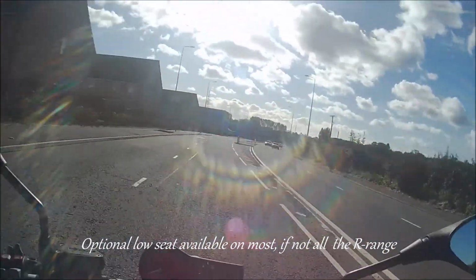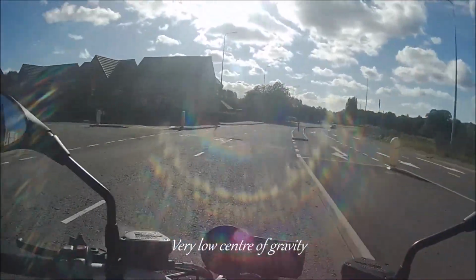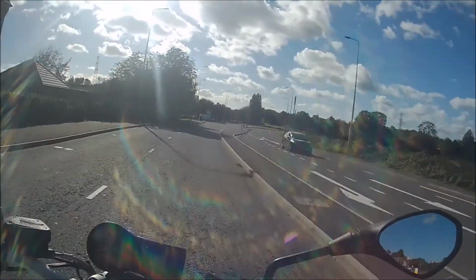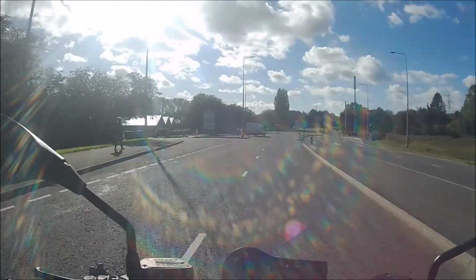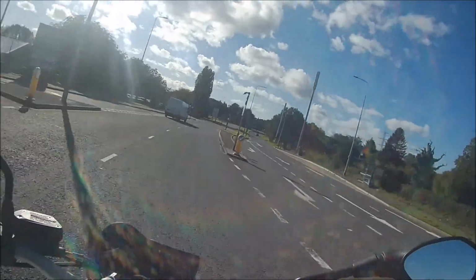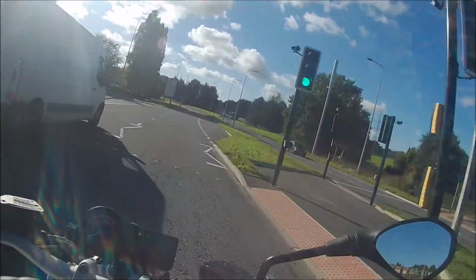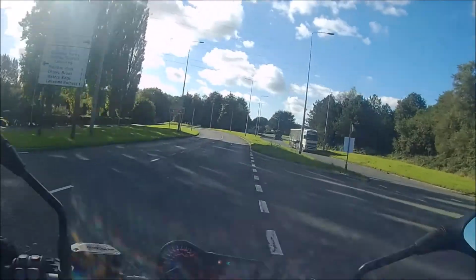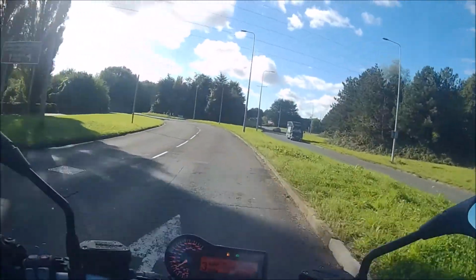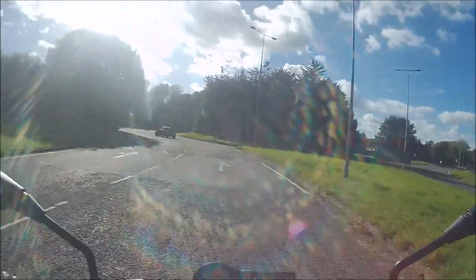And the bike weighs something like 235 kilos. It's not too heavy pushing it around when you're not riding it either. Handling is amazing, really good. Comfort-wise, really good. My bike's fitted with an aftermarket Akrapovic, or however you pronounce it, exhaust can